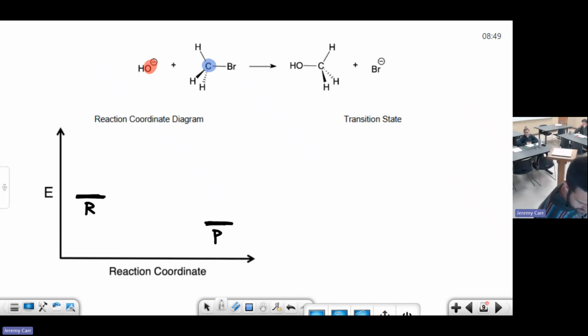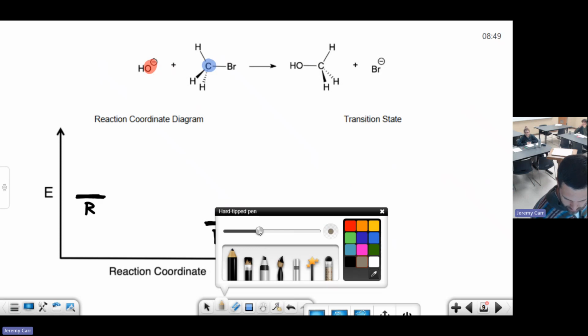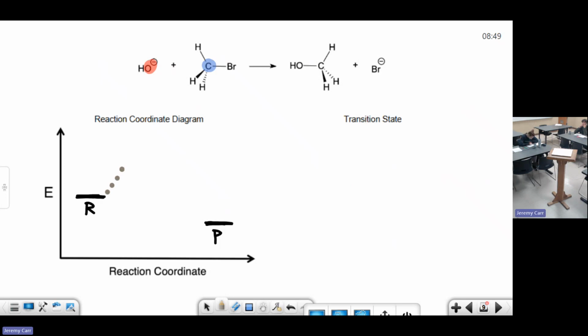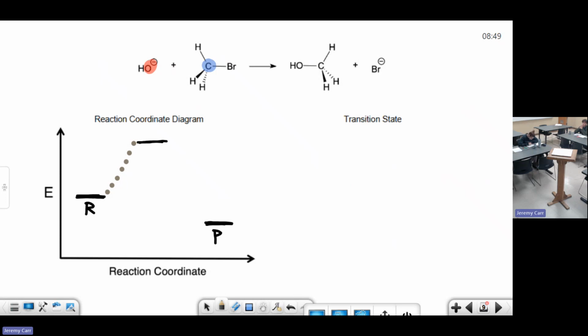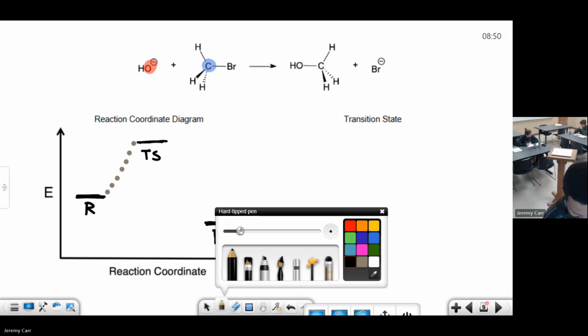I had a professor in college that used to say this a lot. He used to say, as I bring the reactants together and the reaction proceeds forward, we start to see an increase in the energy until we get to a certain point where the energy maximizes. And that is where the reaction can go in either direction. This is referred to as, some of you guys are going to love this, this is called the transition state. We symbolize it with a TS. There you go. Swifties in the house.